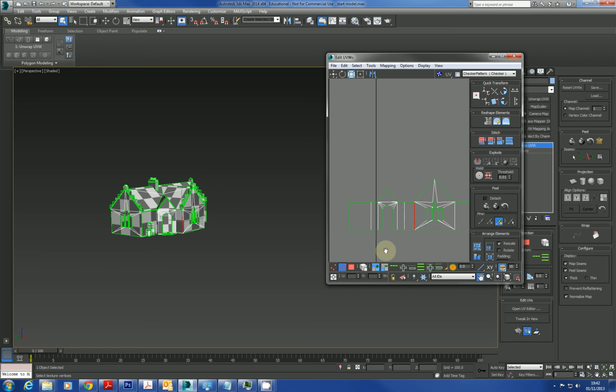You don't usually have to do this for all the different faces. It's just the way mine was appearing, so I wanted to fix that one. As you can see, that's nicely unwrapped. If I move this one here,